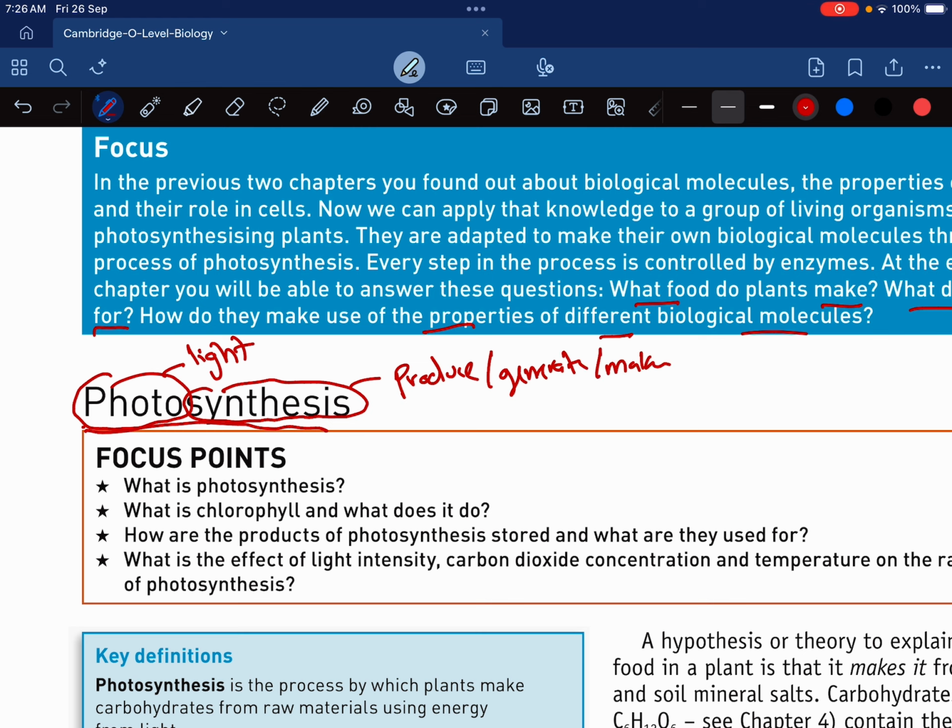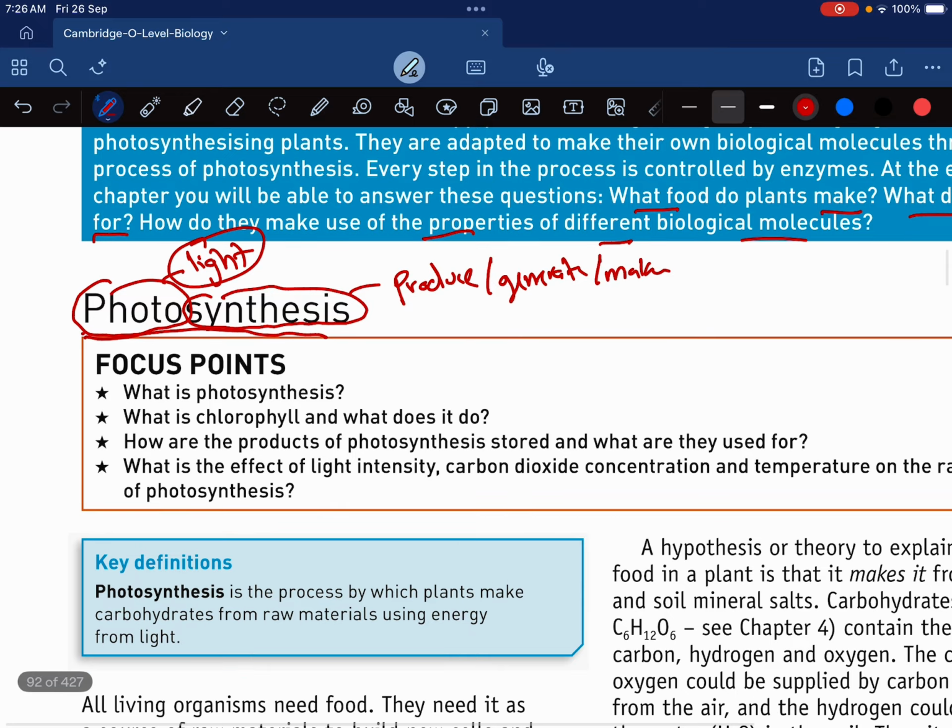So you will realize that here photo means light, and we're producing something with the help of light. So the plants use light to produce something, and we're going to look into